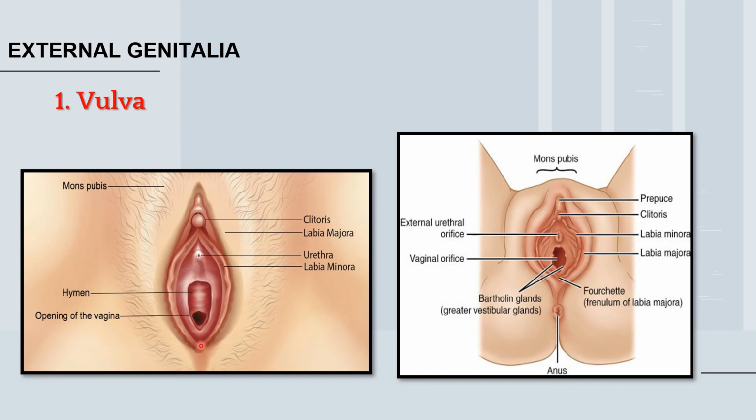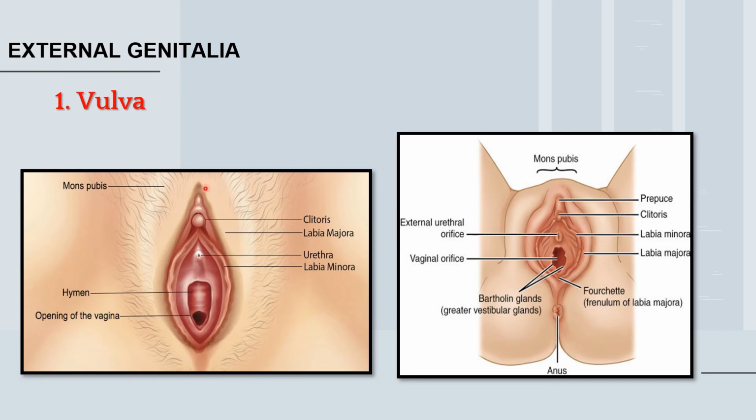These two openings are going to be surrounded by two pairs of folds called labia minora and labia majora. Both labia majora and labia minora are muscular folds which are going to surround the two openings. As you all can see in this particular image, labia majora refer to this pair of folds which are considered to be large in size. So this large sized pair of muscular folds is referred to as labia majora, and labia majora forms the boundary of the vulva.